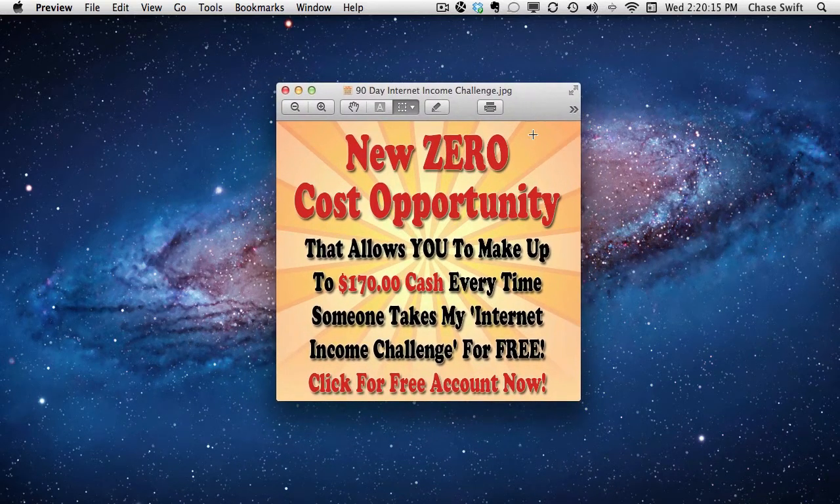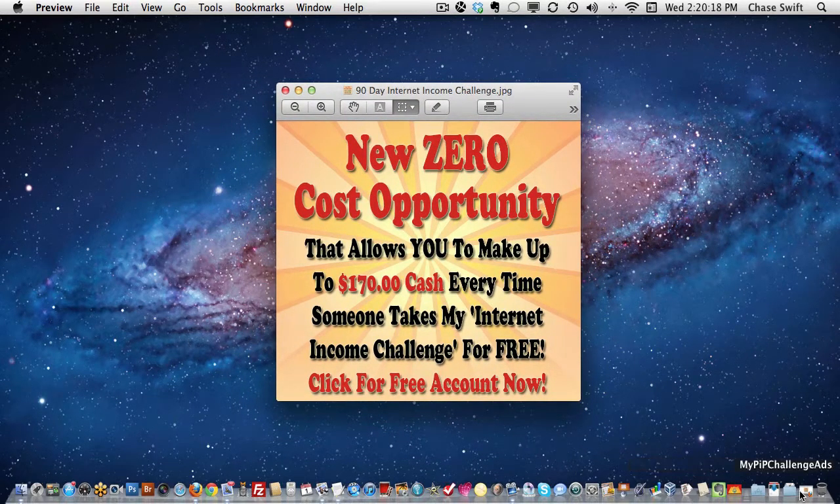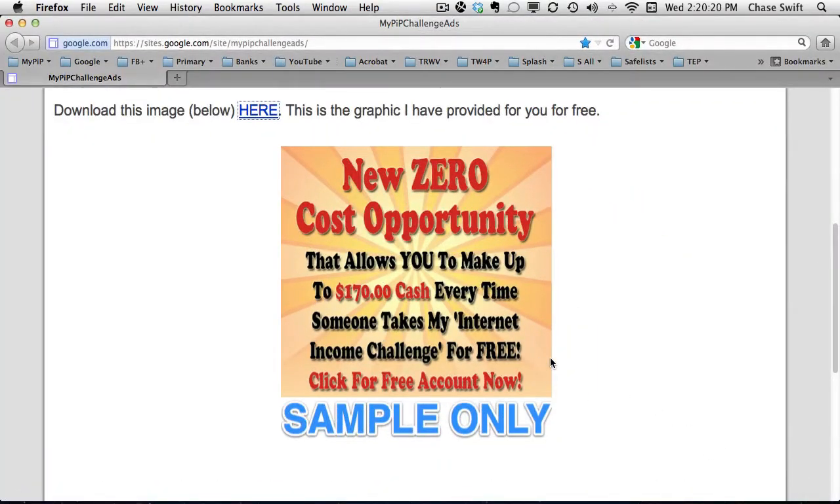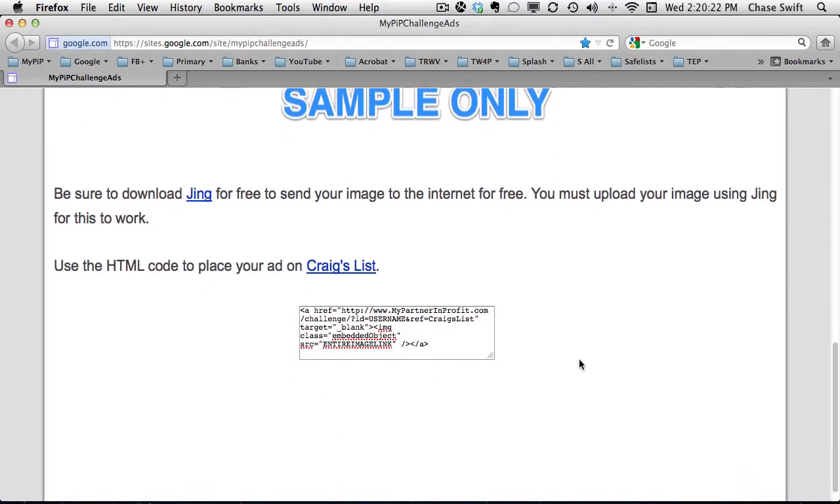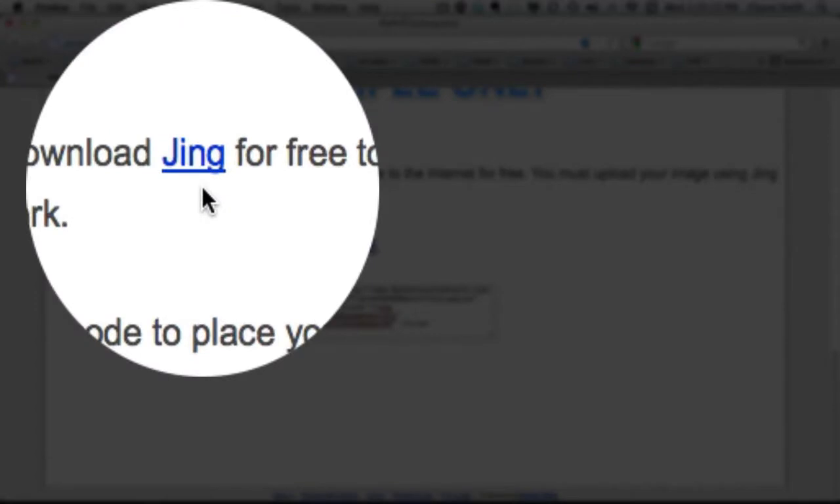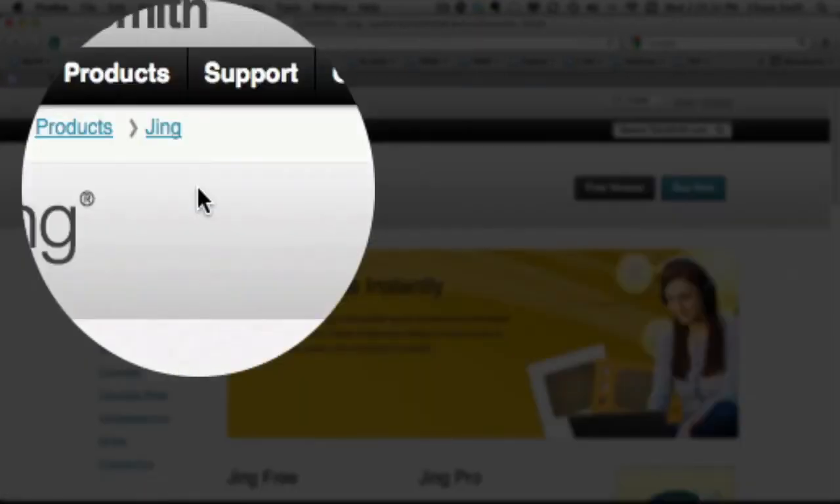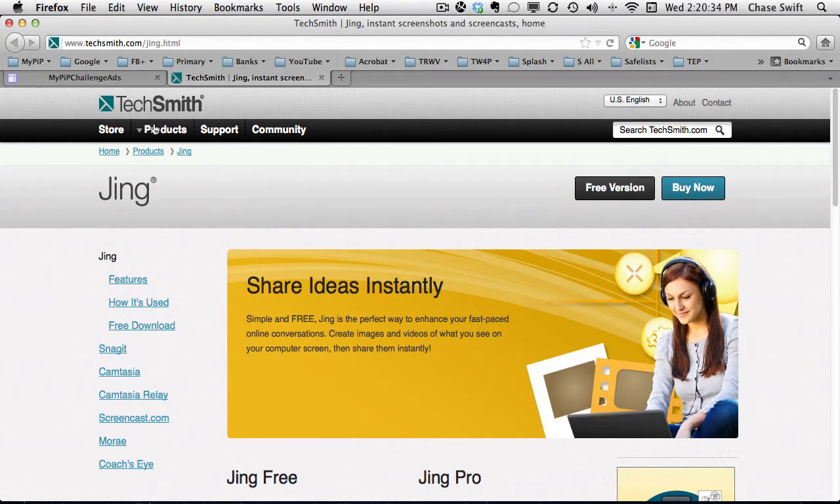Okay, now the next thing you will want to do, as I bring back my Firefox browser, is download a program called Jing for free. Okay, you're going to download it for free. You can download it by clicking on Jing right here. Just click once. It should open up in a new tab, and you're going to go to TechSmith,